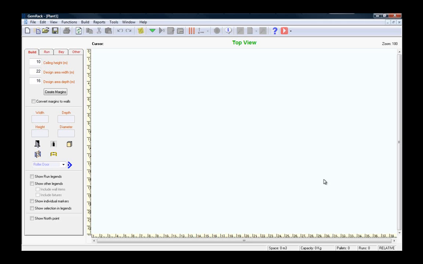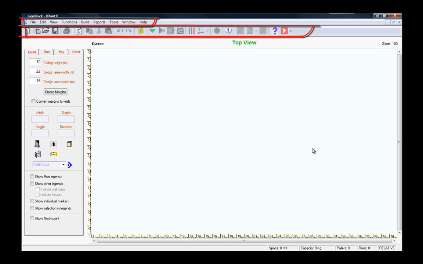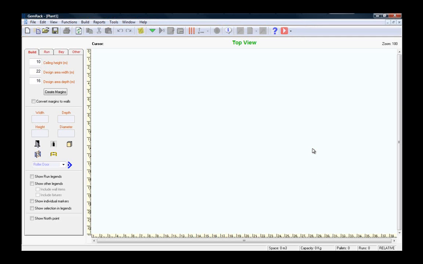This is GemRack's main screen. We can access various windows and dialogues via the menu and toolbars. GemRack also has an intuitive help function whenever you need it. It is a simple to understand guide that shows you how to use the GemRack software. It can be accessed through the menu bar, by pressing the F1 key at any time, or by clicking the